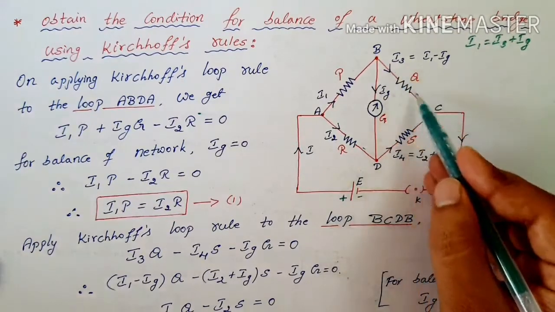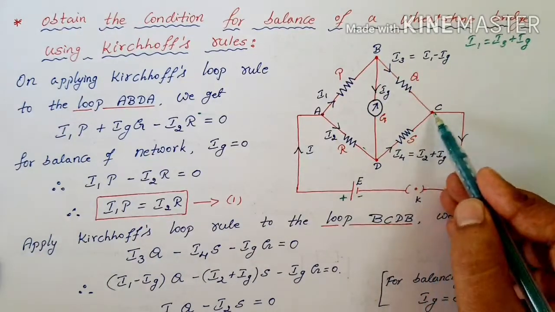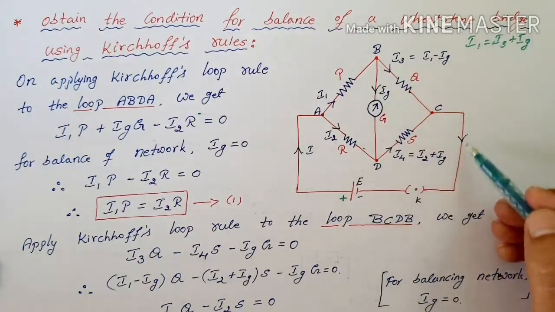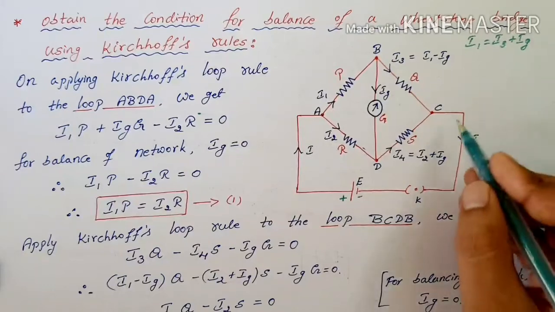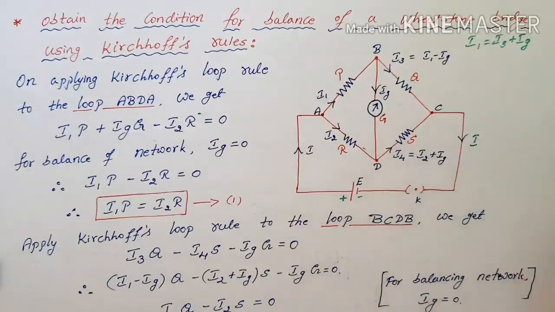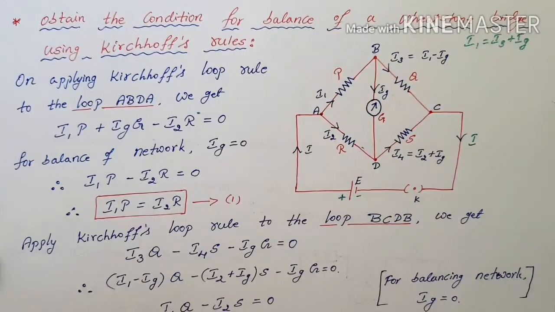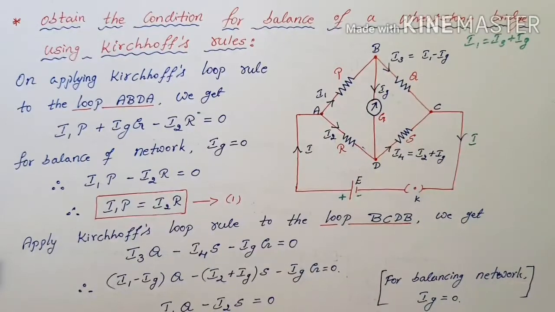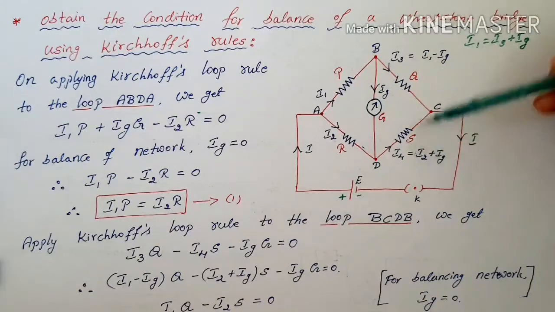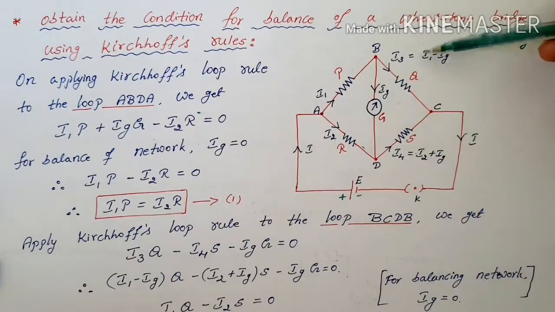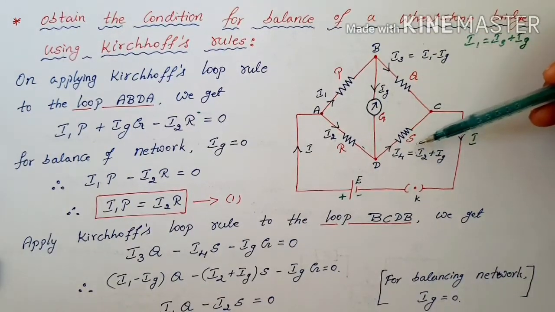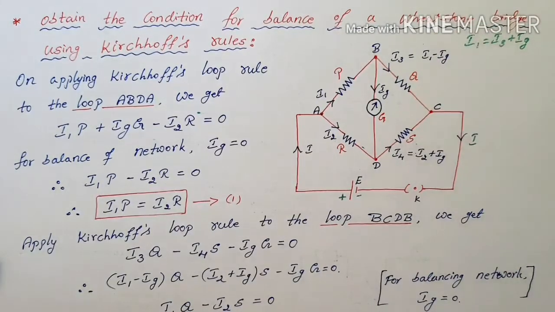Now again this I3 and this I4 combine together and come as I only. Like this the current keeps circulating in a circuit. Understood? Marking the current direction and understanding the current nature there is very important, and how to apply the Kirchhoff's rules to get I3 and I4. This is the Kirchhoff's first law I used, right? So finding the I3 value and I4 value is important.